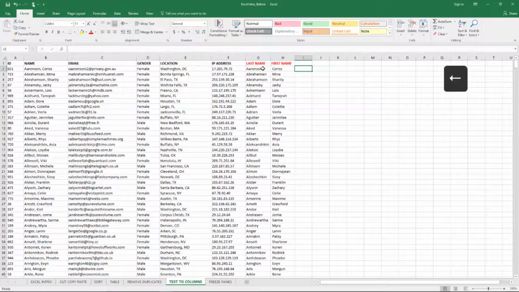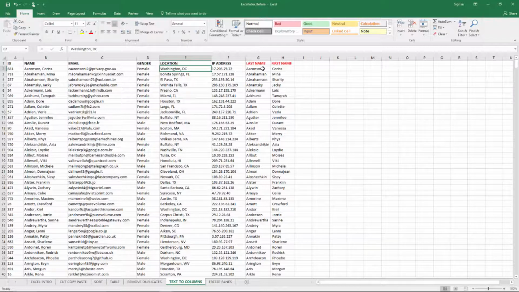I've noticed one more potential improvement to this data set, and that's with the location. You'll see that we also have a comma delimited value here in the location. We've got Washington, comma DC, which effectively is the city and then the state. But for our marketing campaign, we want to target certain states, but we want to make sure that we do that in a way that allows us to also retain the city integrity, but we want to have the states